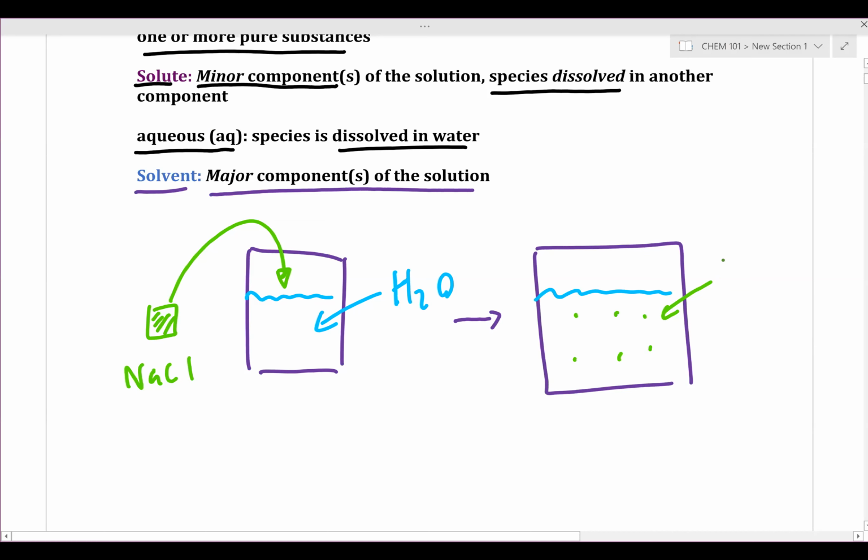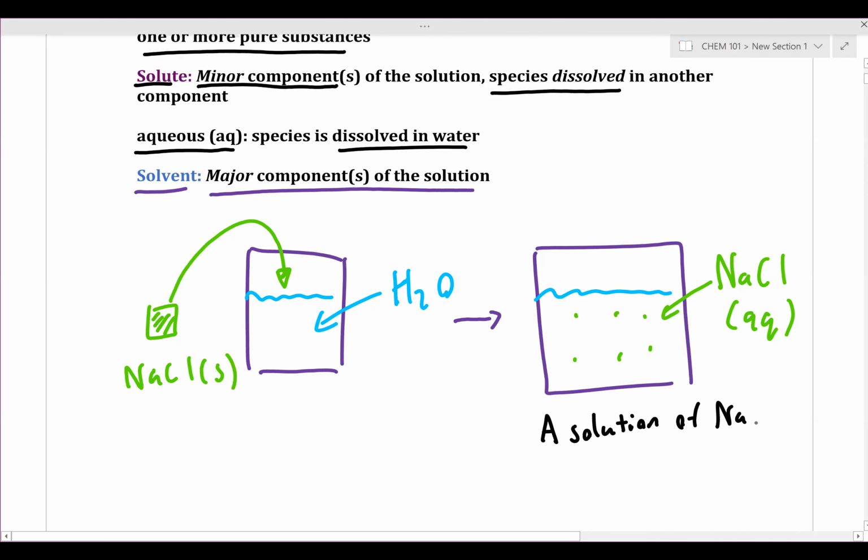Where we have sodium chloride dissolved in water. And how do I indicate the sodium chloride is dissolved in water? What symbol do I put? Aqueous. And before, when sodium chloride is sitting as a solid, what symbol do I put? Solid, which is an S, exactly. Okay, so NaCl aqueous is describing a solution